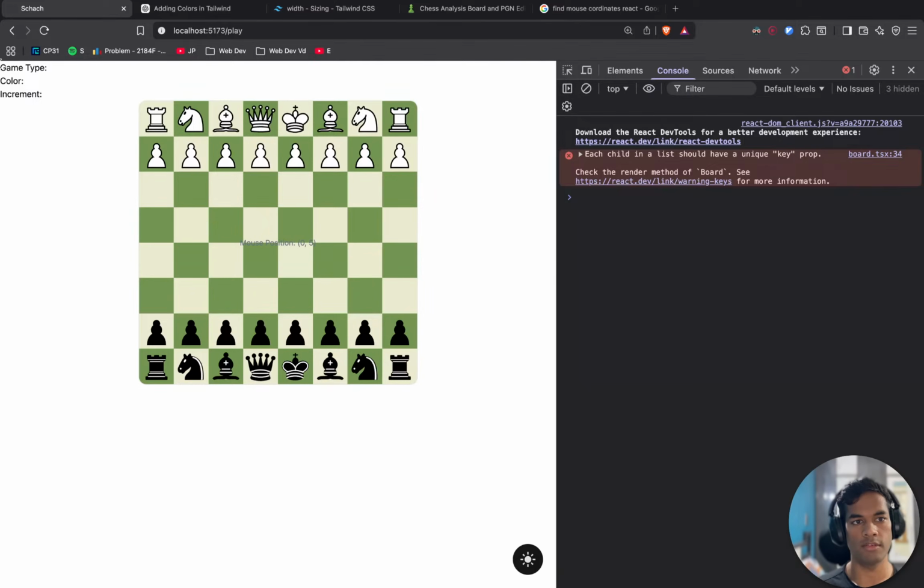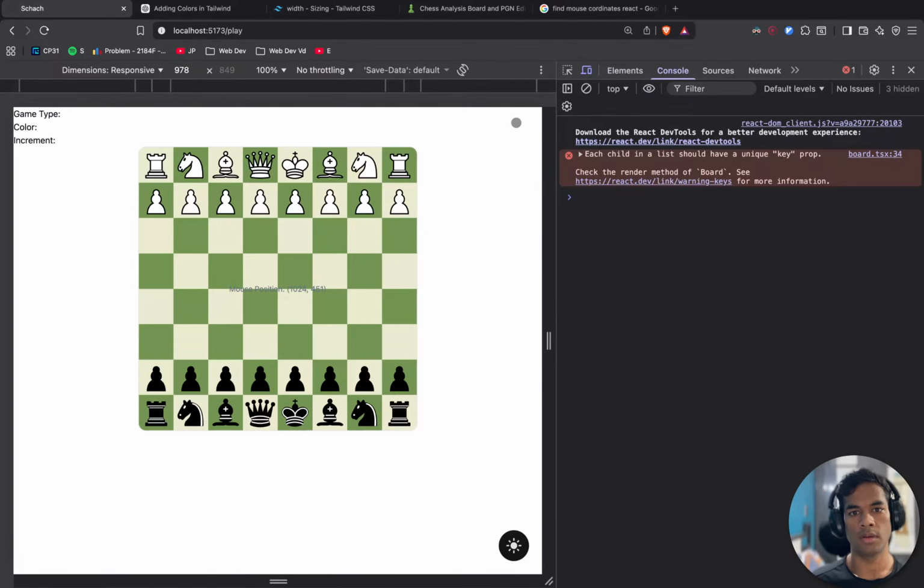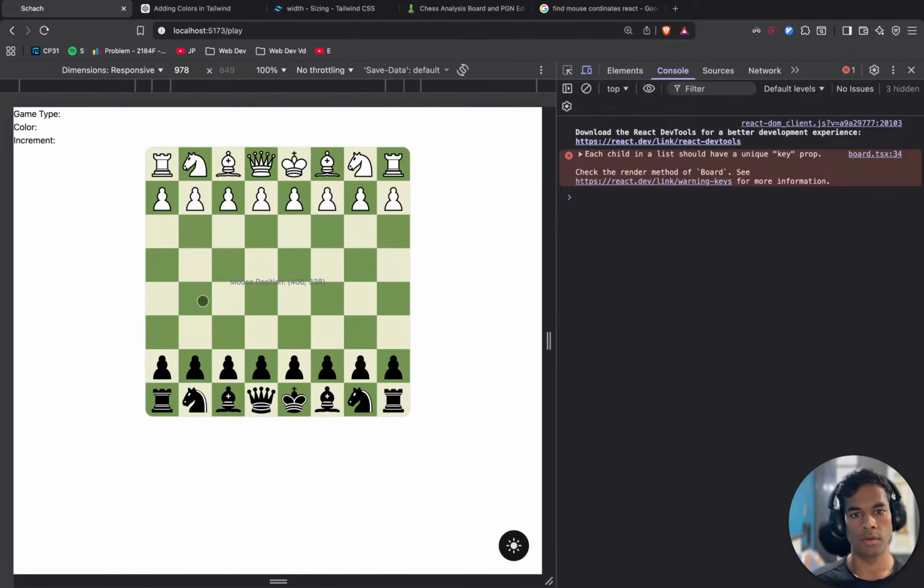Okay, top left is 0, 0. That is cool. Top left is 0, 0. And now it is not tracking mouse movement, only click movement. 100%.